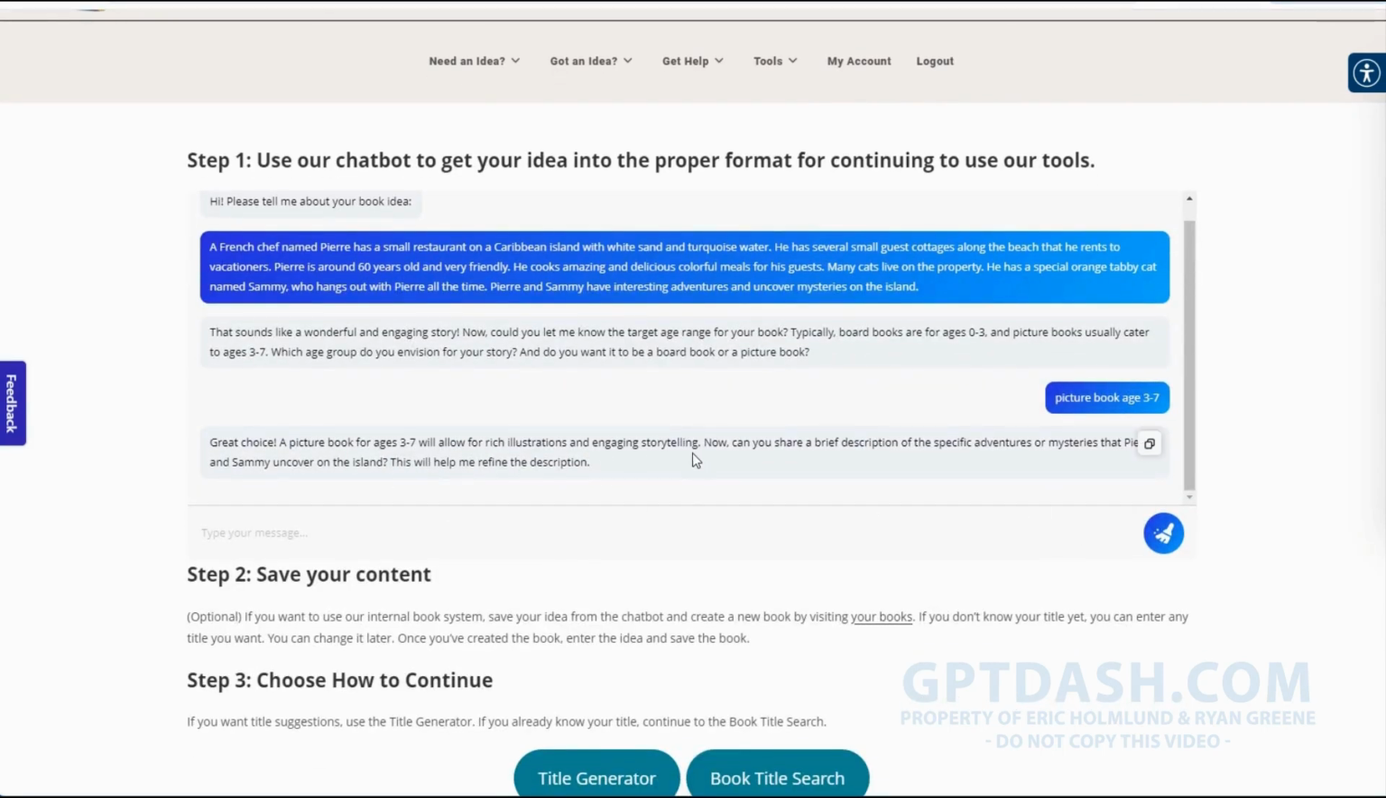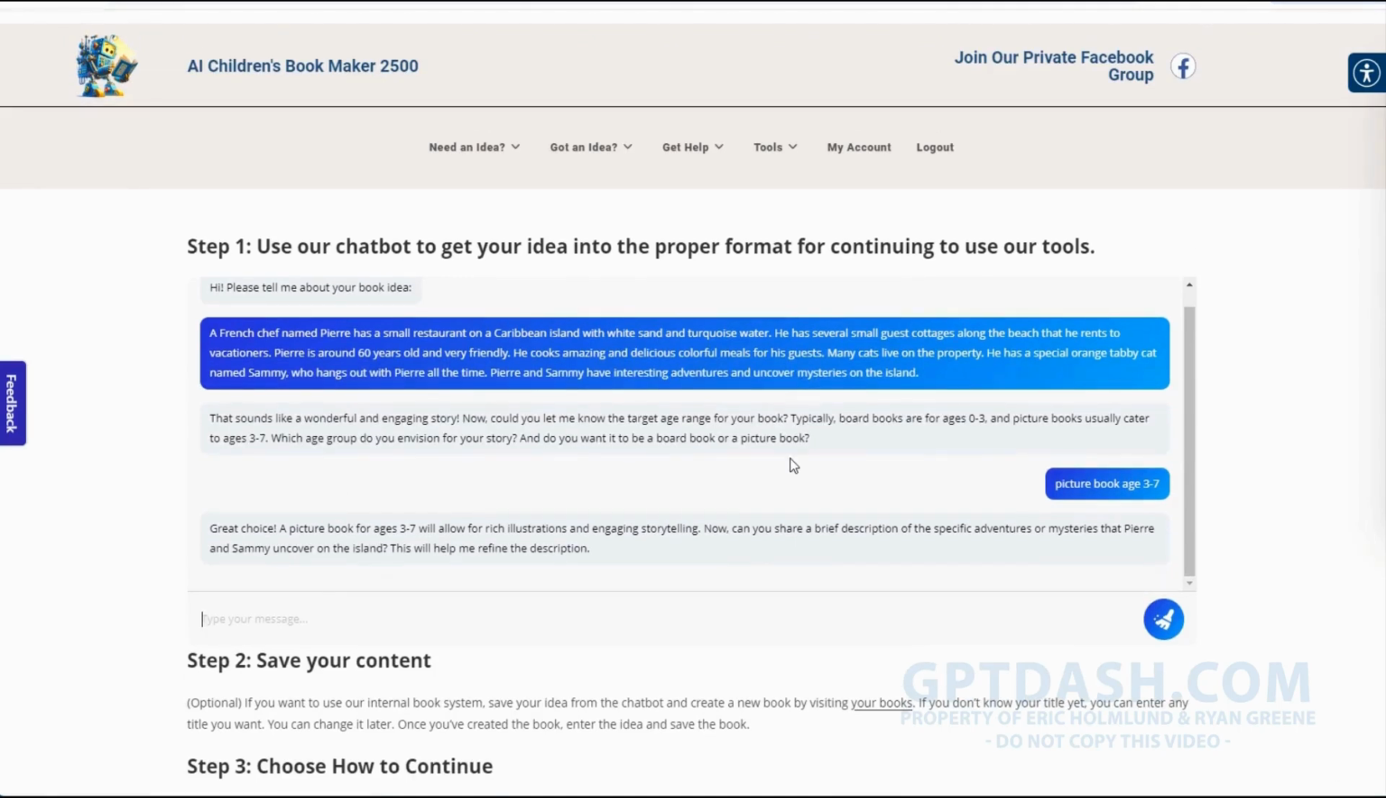This will help me refine the description. I'm going to say I'm not sure. Now, if I really wanted to take some time on this, I could, but this is the part that I'm not sure about. This is why I haven't written this book in all the years since it was actually my